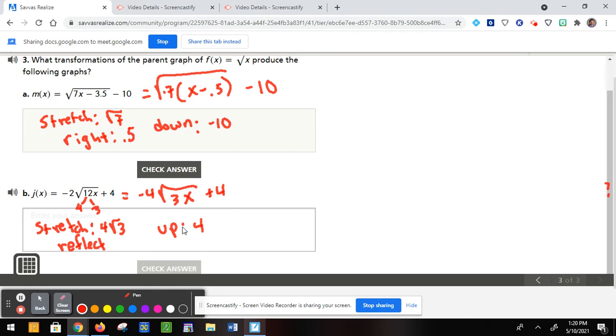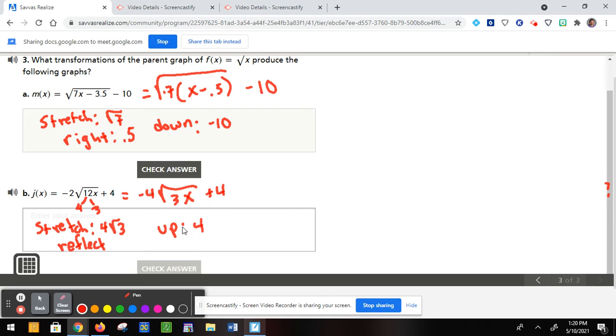For part B, we split the 12 up into 4 and 3. Square root of 12 is 4. And then 3 is what's going to be left behind. So square root of 4 comes out as 2, multiplies the negative 2 is already out there, and you get